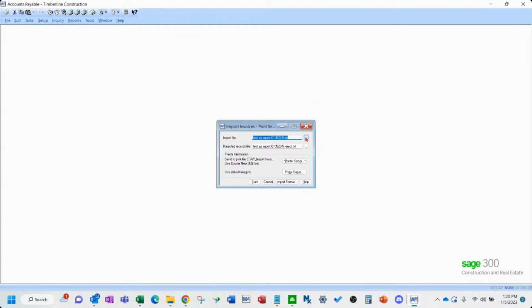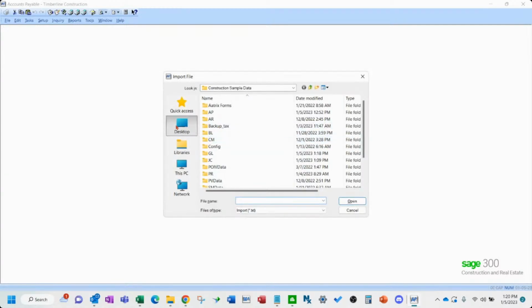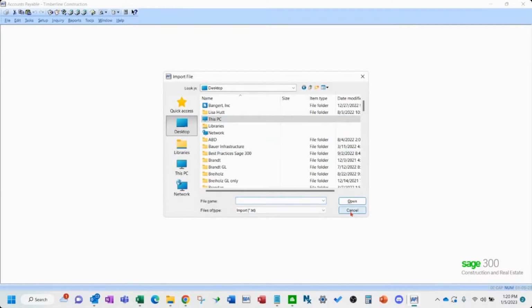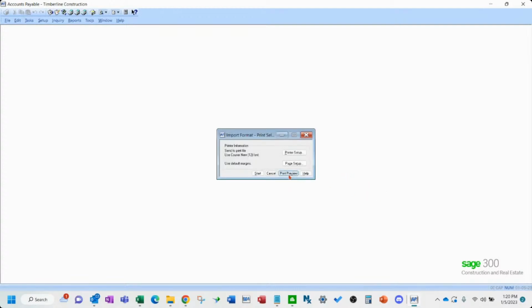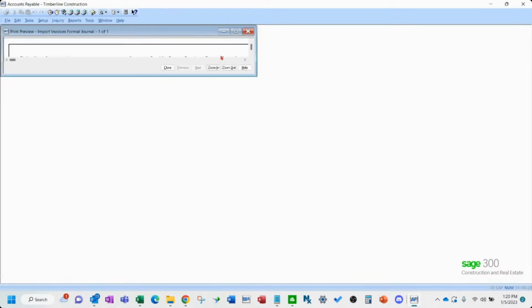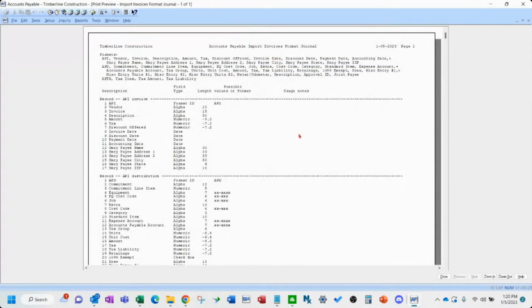Again, I'll show you the text file and post it in the comments, but you'll navigate to your text file that you create, navigate to a spot to post your rejection file, and then you just hit Start. One thing I do want to caution is, even when you look at this import format, you shouldn't have to, because I'm going to give you the file.